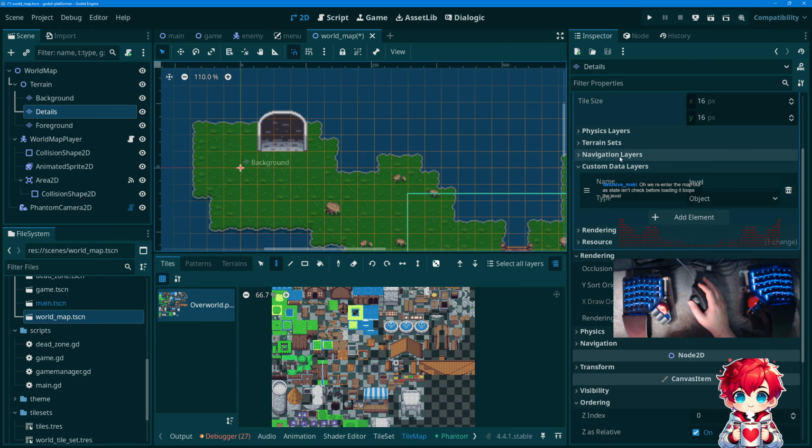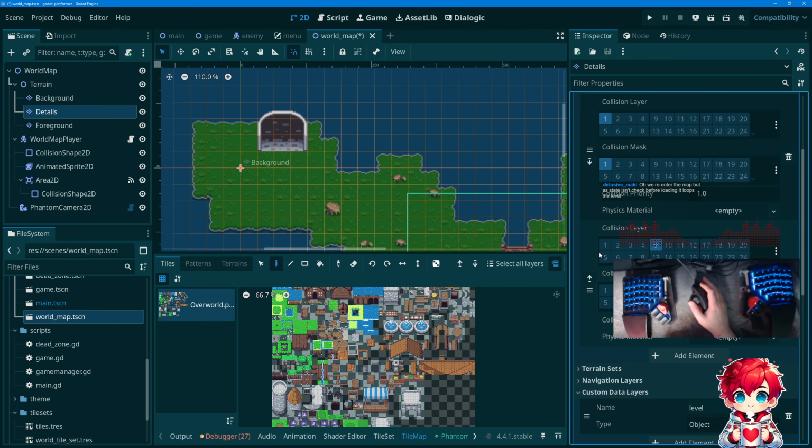So we have a custom data layer, and we have a physics layer. Physics layer 2 is on collision layer 9, and that's what is hooked up to. We ran to the map, but as state isn't. Yeah. Well,